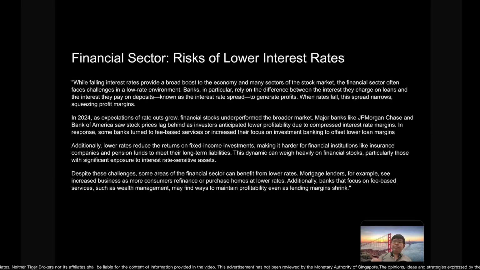For example, now the US interest rate is 5 point something. So the banks usually give their depositors 4%, then lend out to companies or to individuals to buy houses at 5%. So for example, they lend out $100 and earn $5, but someone deposits $100 and they pay out $4. So $5 less $4, they earn $1, which is quite good.